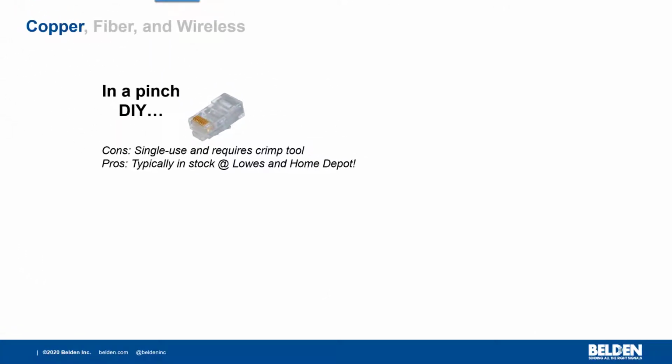In a pinch, the RJ45 is an awesome solution in terms of providing a quick and easy fix. The downside is it's a single use. It does require the use of a crimp tool. If you don't have this crimp tool, unfortunately you're not going to be able to terminate this. But the benefits are that this is typically in stock at Lowe's, at Home Depot, and the majority of electrical distributors. Obviously, the note there is to test and or replace this in the morning, but it will get you